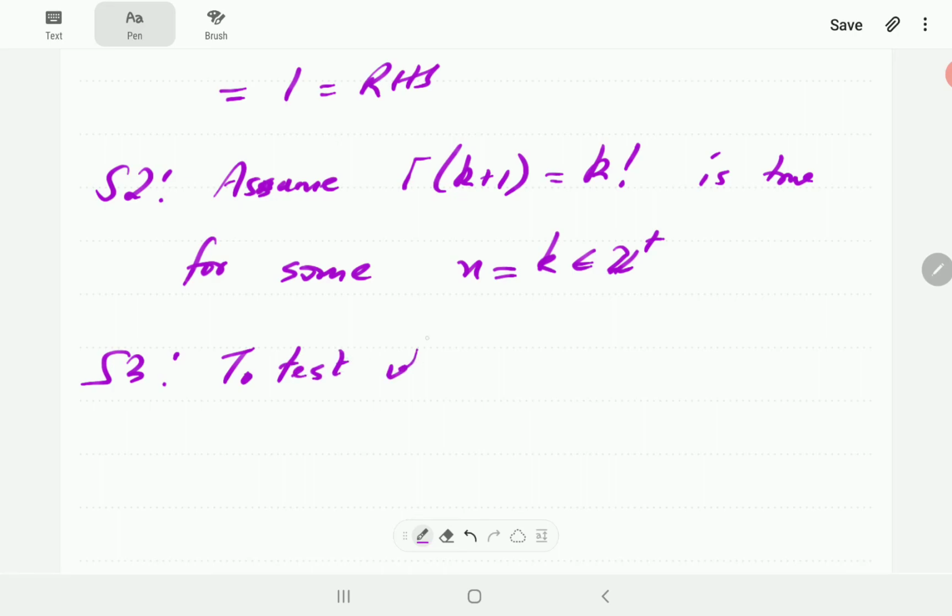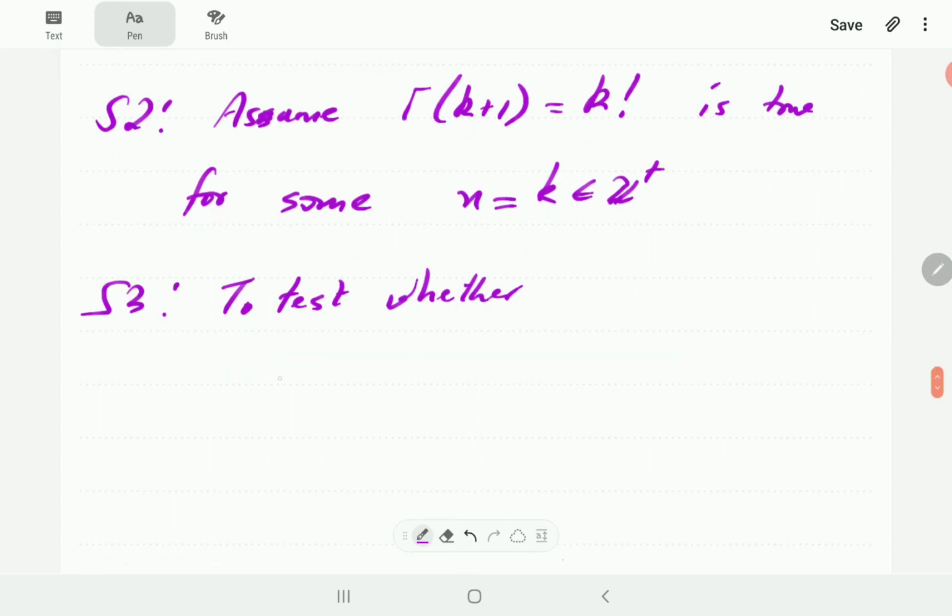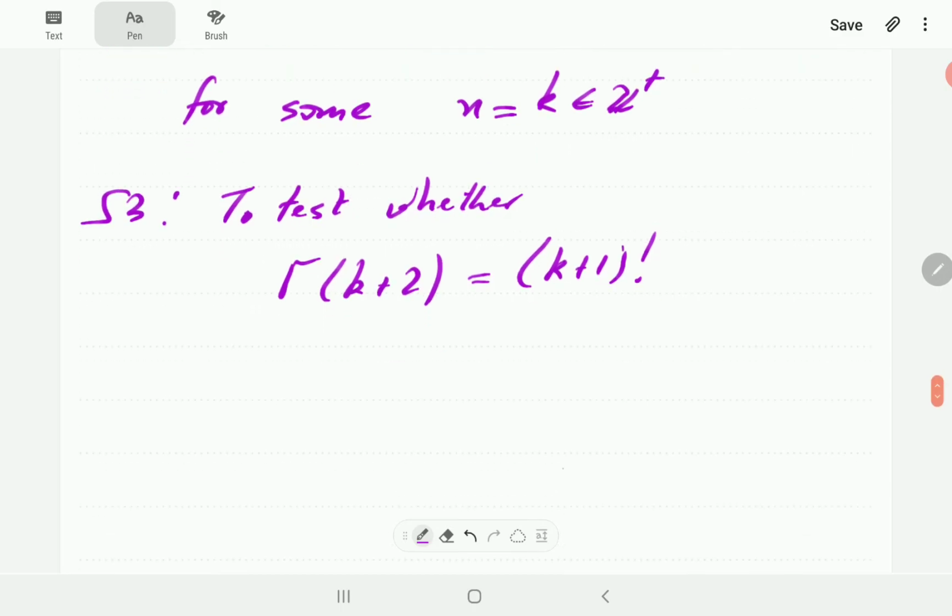prove or test whether this is going to hold for the next bigger integer. So this side we want to get k plus 2, and this side we're going to have k plus 1 factorial. Now if we start working on the left hand side,